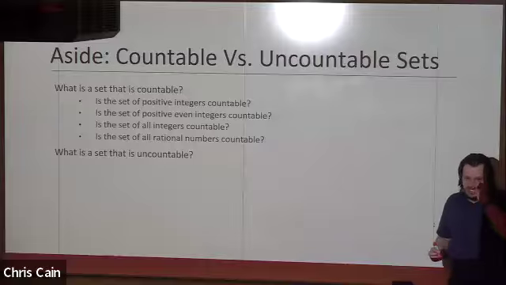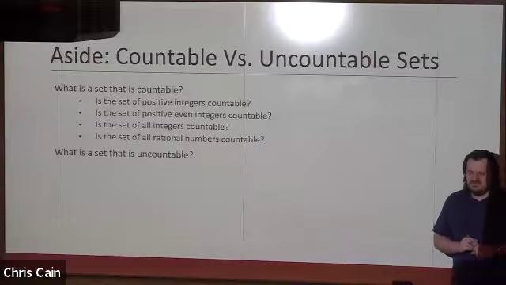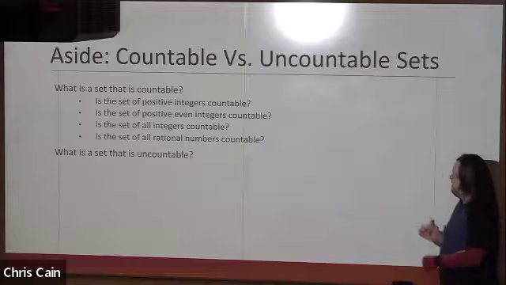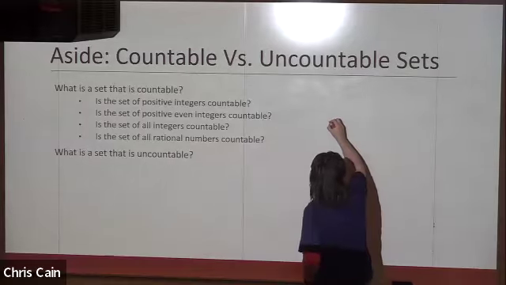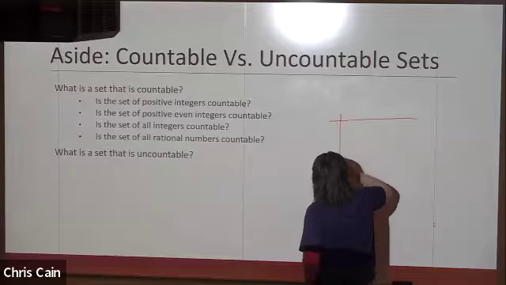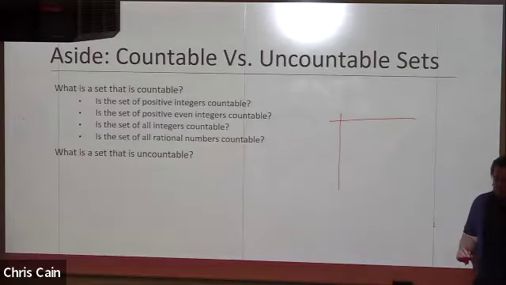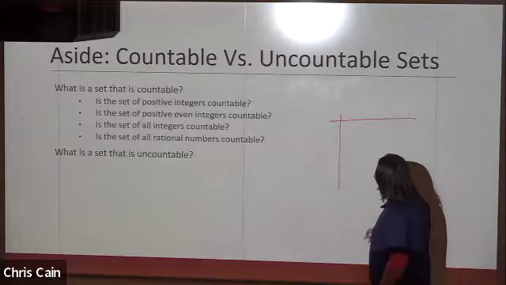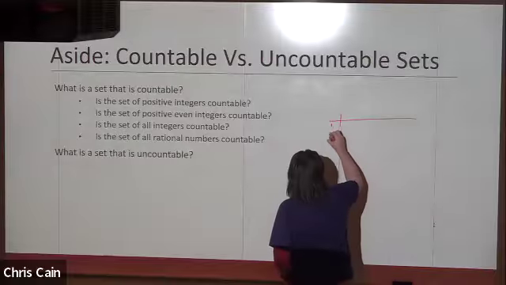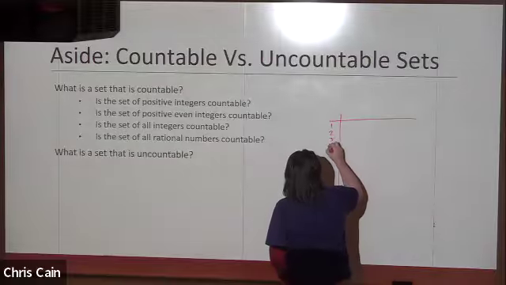So this is Cantor's diagonalization theorem. I guess it's technically a proof, so it's Cantor's diagonalization proof. But the idea is that it's a proof by contradiction. We are going to assume that it is possible to enumerate all real numbers between 0 and 1. And in fact, we're going to place them in a list